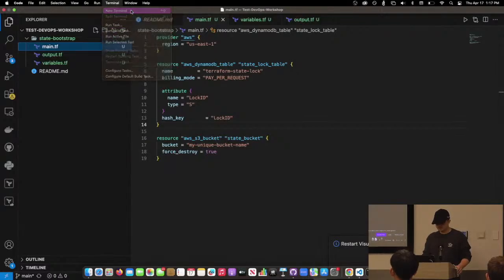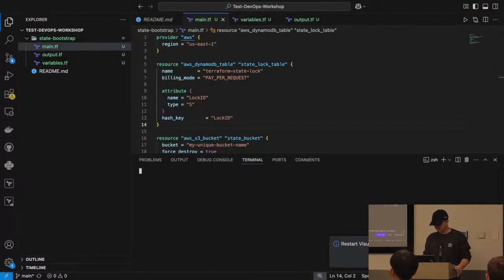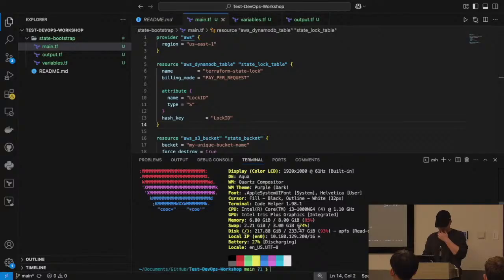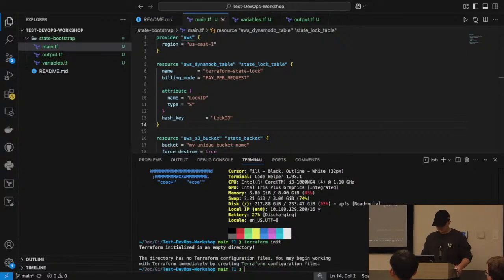So I'm going to open up a terminal. And now, the very first thing, and any cloud-based interview you're ever going to get is normally going to ask you this question: when you run Terraform, what's the first thing you do? And that's terraform init. Basically, Terraform doesn't know what to do unless it knows what your environment looks like. So if we run terraform init, it's going to sit here.